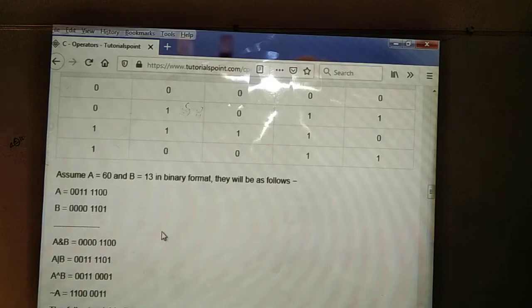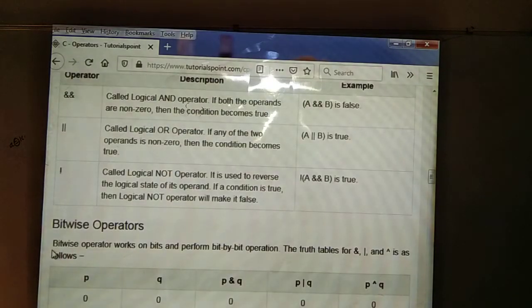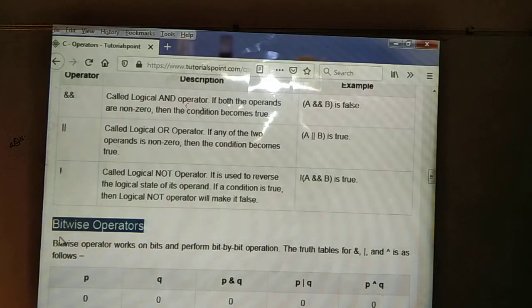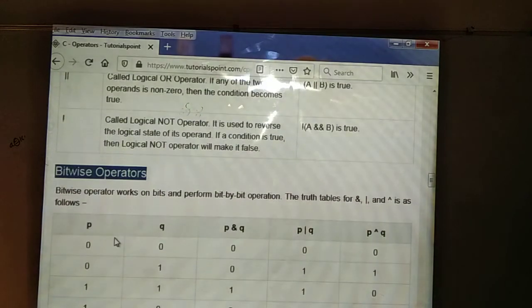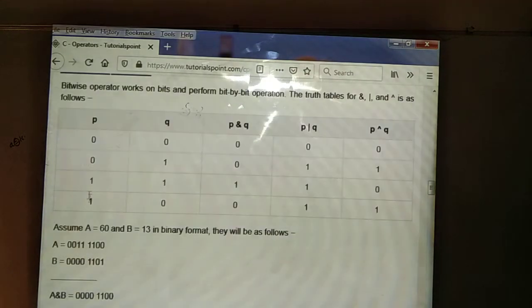We can see what a bitwise operator is. Bitwise operators work on bits, means whenever we are using the bitwise operators, we are going to be comparing the data at bit level. Whatever data we have given, decimal numbers or anything, it should be converted into which form? Binary form. Then after that the data should be compared. See here, we are going to be using the p values 0, 0, 1, 1 and the q values 0, 1, 0, 1 that we have given.